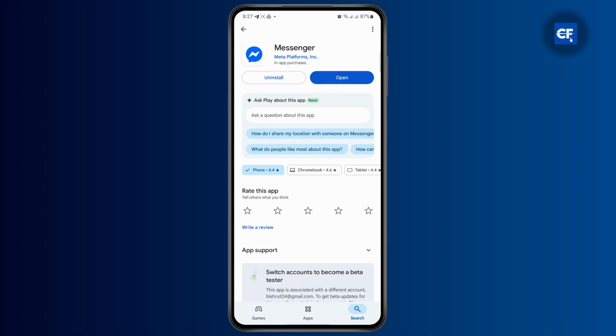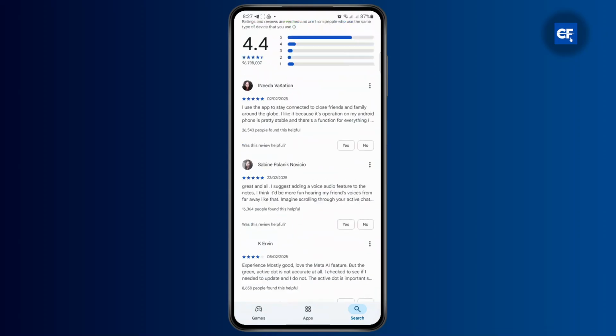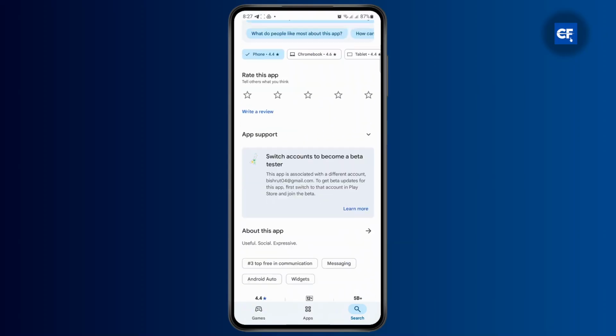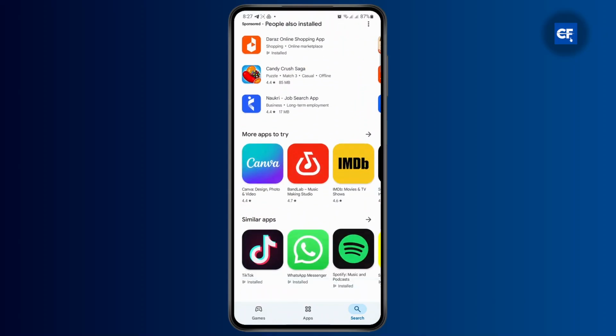And then from here, you could just go ahead and click on the open button. But if your app is not up to date, then the open button is not shown. Instead of that, you will have the update button. So just tap on the update button and then you should be able to update the app to its latest